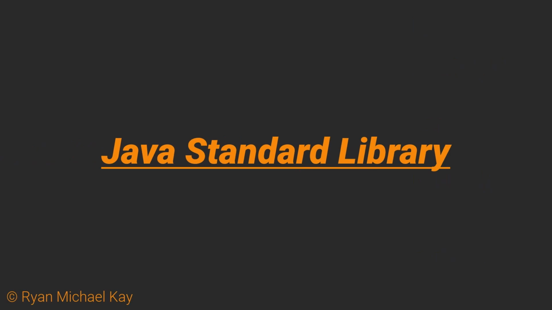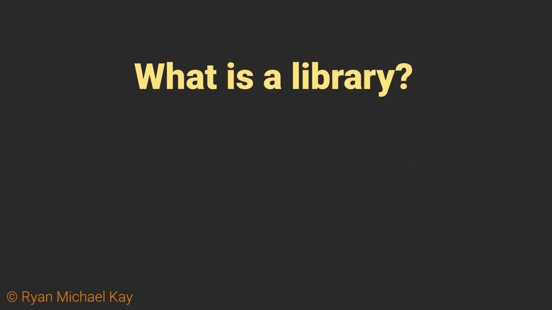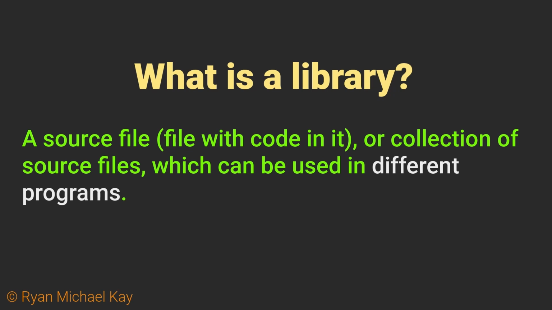One of the interesting characteristics of computational logic is that it is very often interchangeable across different programs. This is especially true when the problems you are working with can be solved using only primitive types and reference types which come from the Java Standard Library. Now, you may have heard this term library before and wondered what it meant. In simple terms, a library is essentially some source file or set of source files which you can use in other programs, such as your own.